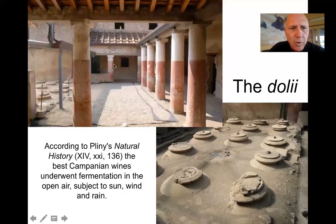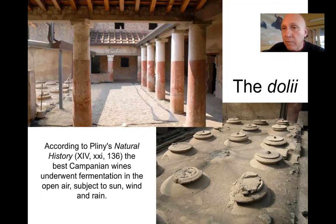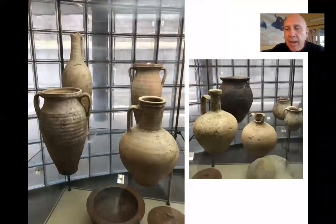There is the courtyard with the doli, and again, these large pots are where the wine was stored, and they are underground. So they're embedded here in the earth itself. And that, of course, kept the wine cool and fresh so that it could be, in fact, drunk at later times. Okay, and if you go to the antiquarium or the museum at Bosco Reale, which is a marvelous museum,